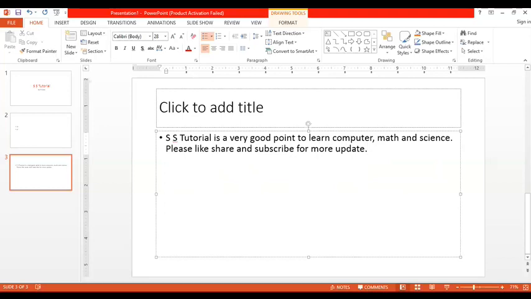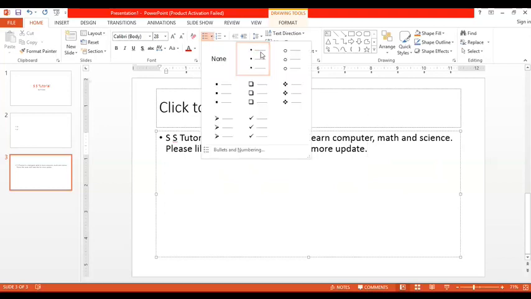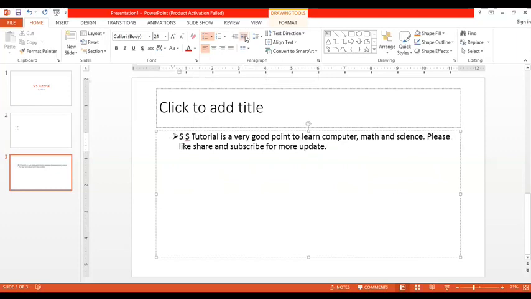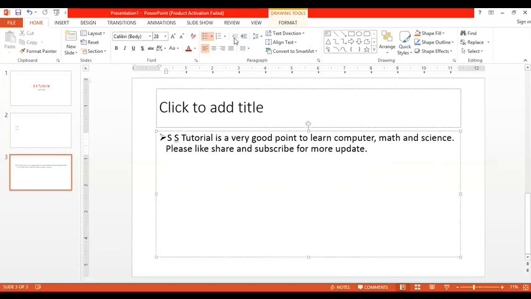Okay, I just completed a paragraph. In the paragraph tab, you can use here the bullets and numbering, any type of bullet design. This type of bullet is already available. I can change the bullet style here, any type of bullet I want. I just change the bullet design here to an arrow mark. Then you can check the indent. Indent means you can shift it to any indent from left or right, anywhere. Okay, so I'll click it to the left indent.